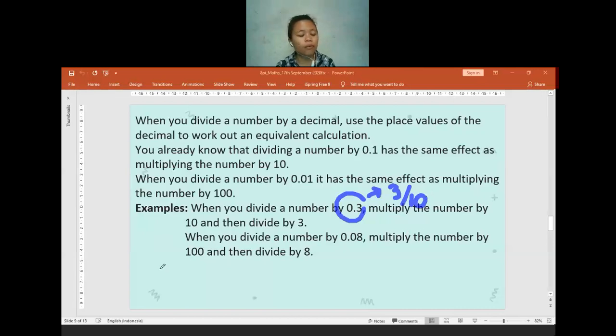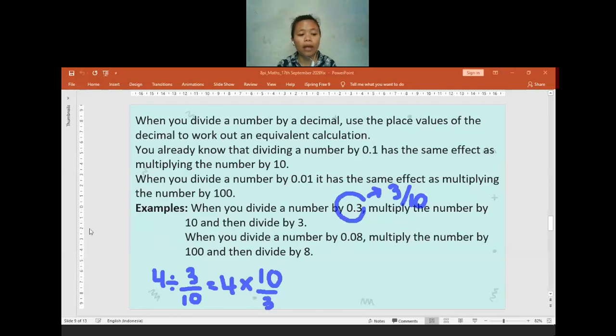Okay, if you have no question, let us continue. When you divide any number, maybe I have 4, and then I want to divide it by 0.3. When we divide by 0.3, it will be the same thing as we divide the number by 3 over 10. It is a division using fractions. We can always change it into a multiplication by flipping the number upside down. So now we have 4 times 10 over 3.